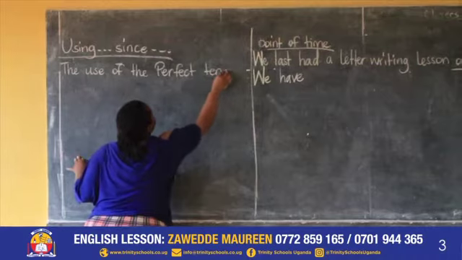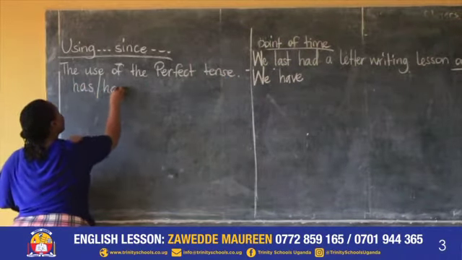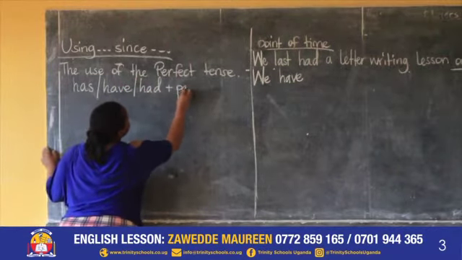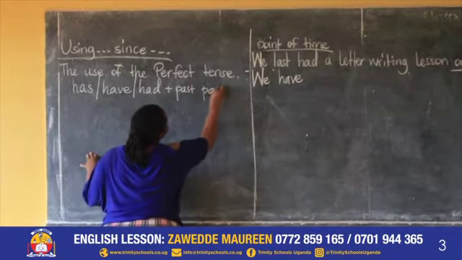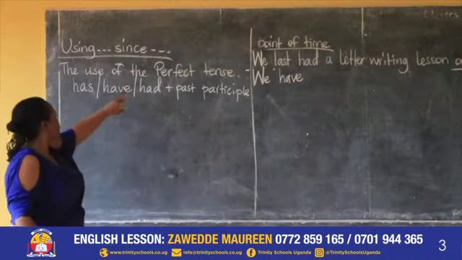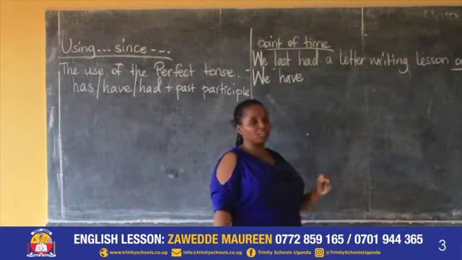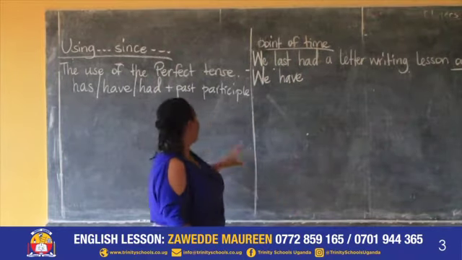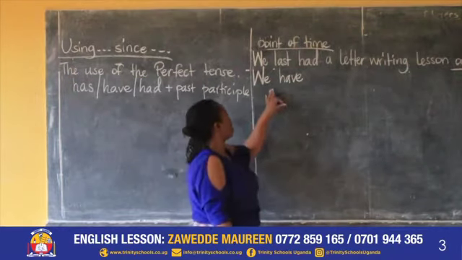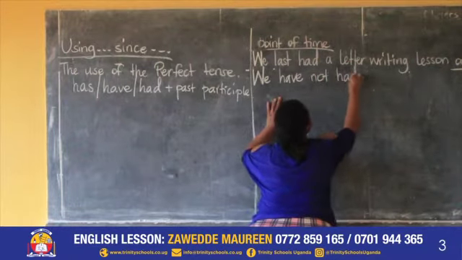The perfect tense is where we use has, have, or had plus the past participle of the verb. These are what form the perfect tense. So when I'm using since, in most of the senses, we use this perfect tense so much. So we are going to say we have not had our